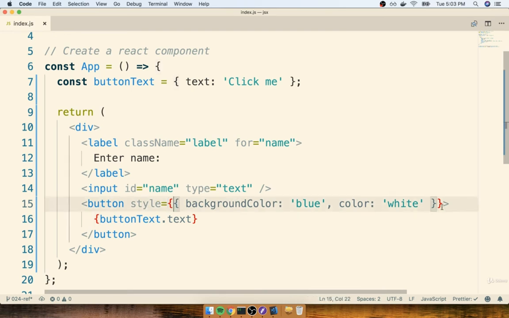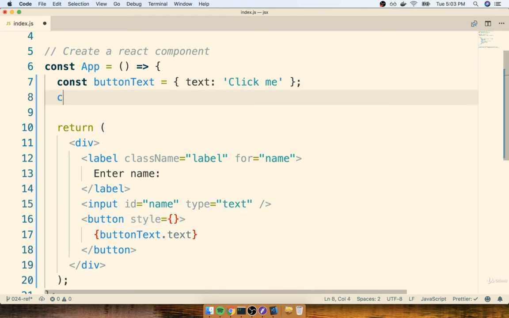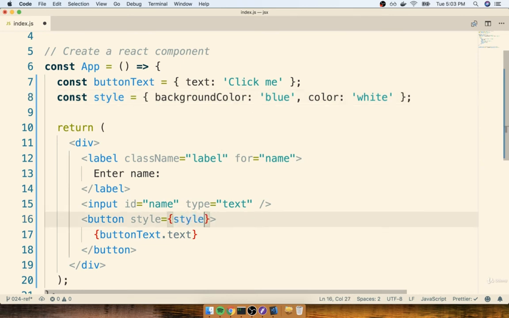And the value that we're going to pass in is this JavaScript object. If we wanted to, we could technically cut that thing out, create a new variable up here called style, assign the style object to it, and then reference that style down here like so. And that would have the exact same effect. So clearly we can use JavaScript objects as long as we're not trying to print them up as text or something like that inside of our application.